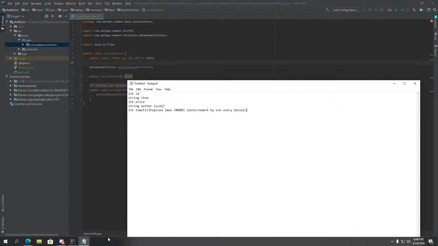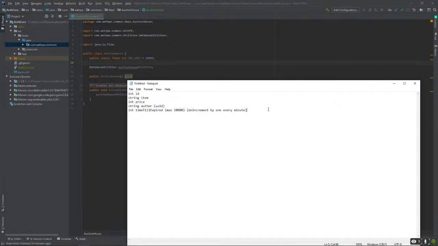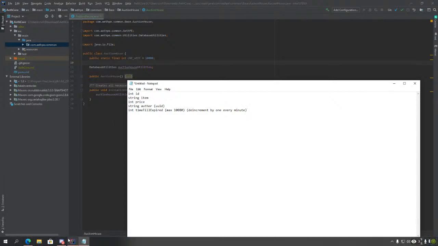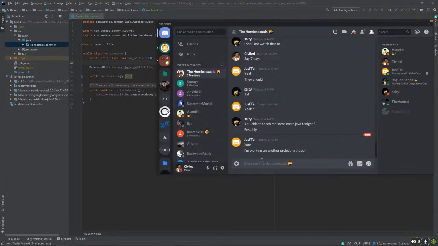If we do it as server uptime, then this is going to be a lot easier than if it was going to be some server downtime. Also, I think we should do server uptime. Do you agree that we should do server uptime?